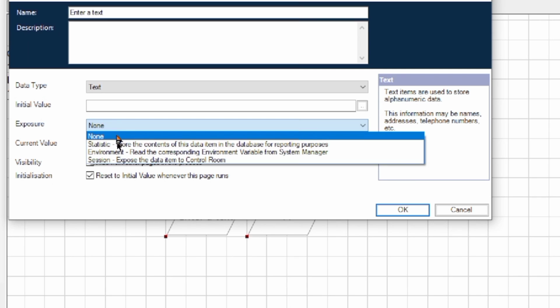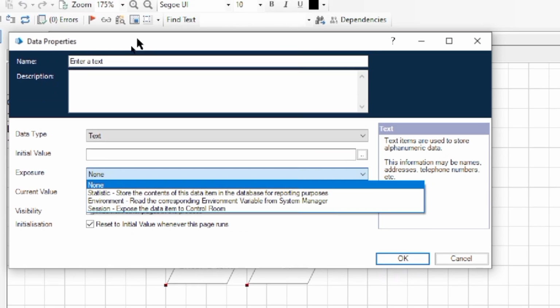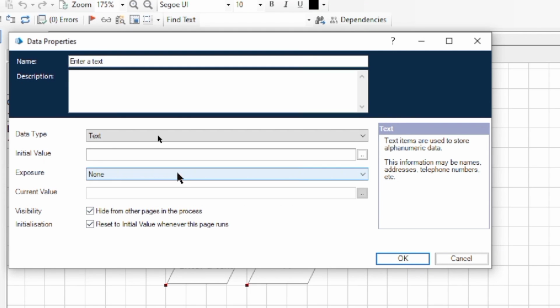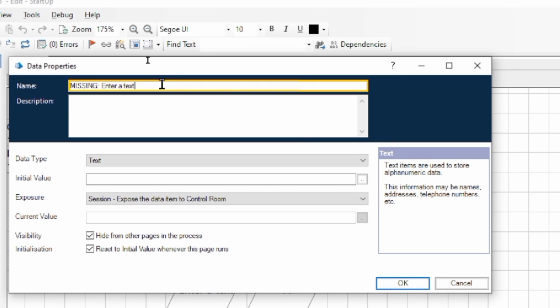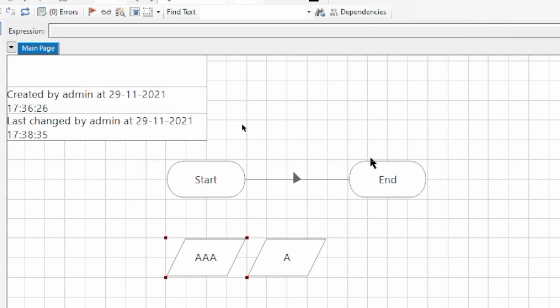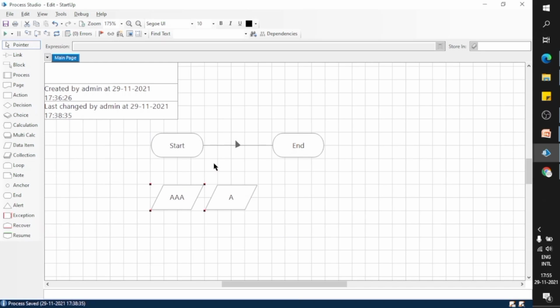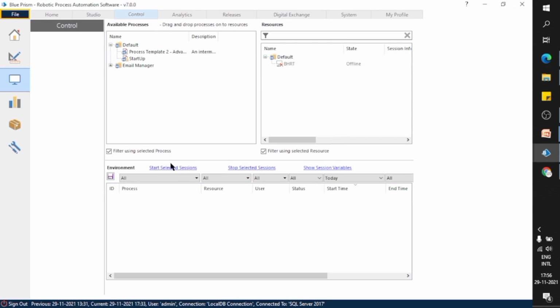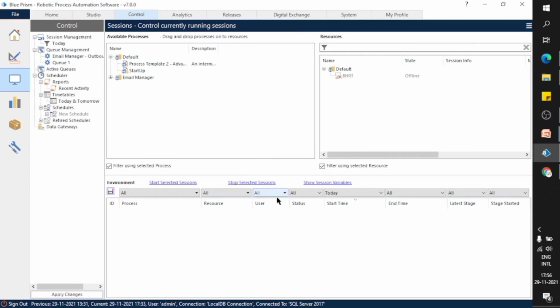After changing the value, the changes reflect immediately. In the control room, you can show the session variables of a particular session by selecting that session and clicking on the show session variables link.